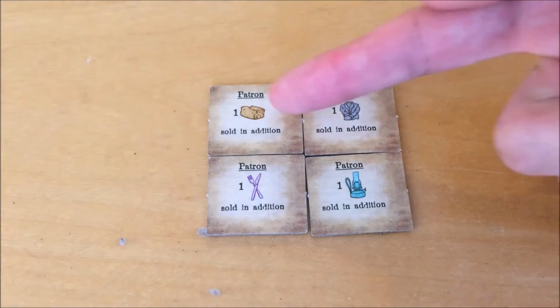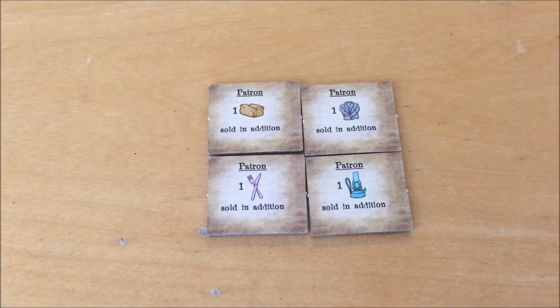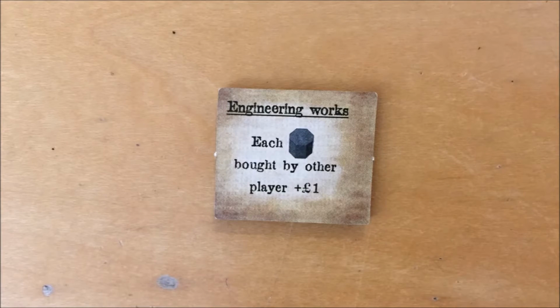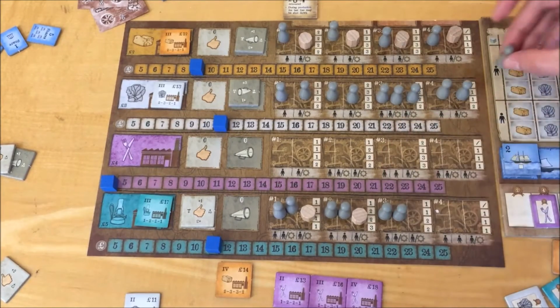Each one allows you to sell 1 extra good of the indicated type during the production phase, regardless of your appeal. These sold goods go towards the count for share value increase at the end of the phase. If you have the engineering works, you get £1 from the bank for each machine another player buys, but not for your own machines. If you have the school, when you use the machinery action, any workers you replace can be moved to another production column, a different factory, or the warehouse instead of to the fired worker space. You cannot replace these moved workers with machines in the same action.